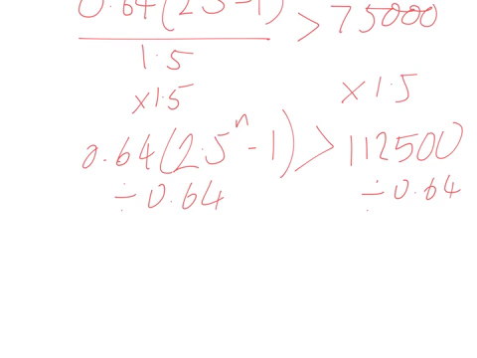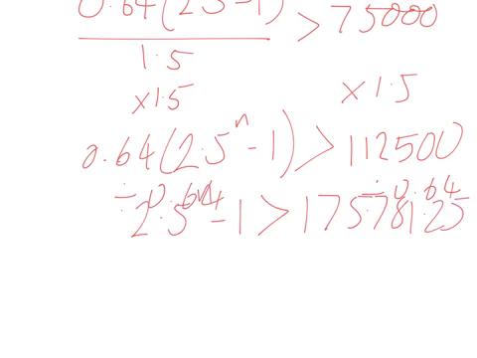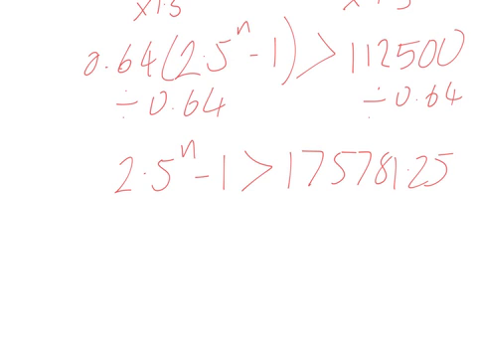So we've got 2.5 to the n minus 1 is greater than 17,578.125. If you were doing it this way, I wouldn't expect you to write down all the digits. But I'm going to do it now. Add 1 to both sides, 2.5 to the n is greater than